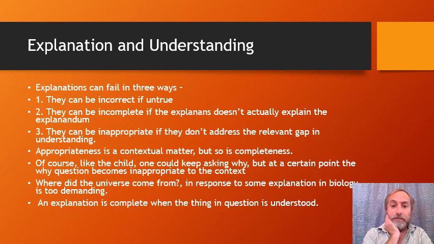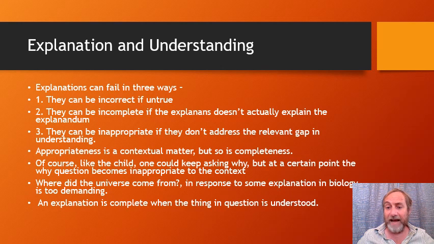That's obviously a contextual matter, but Scriven says even the incompleteness issue is also contextual. So you explain to me why the stapler falls down instead of up. You give me a perfectly good explanation using Newton's laws and the mass of the stapler, the mass of the Earth, the mass of the ceiling and the sun and all that.